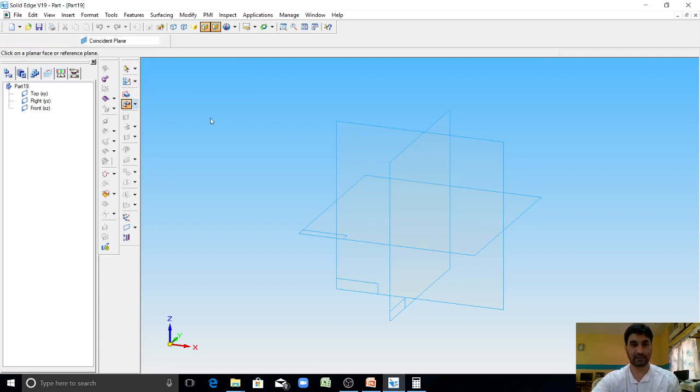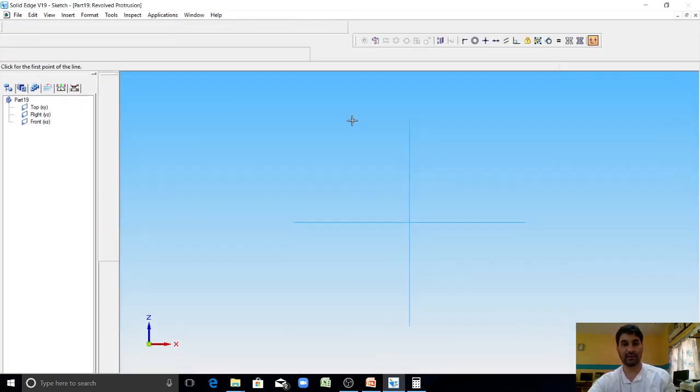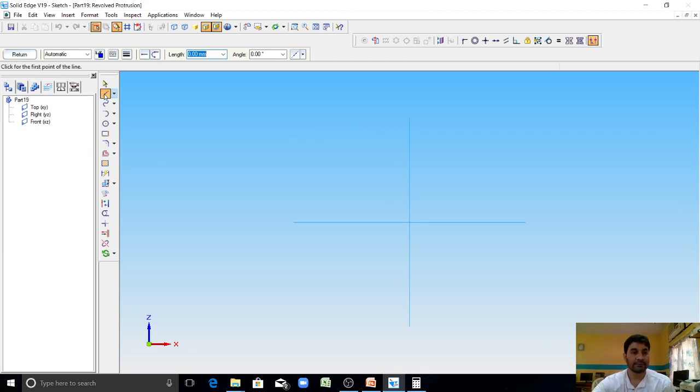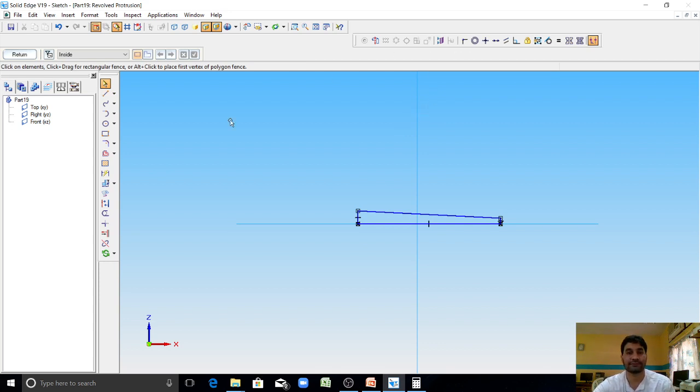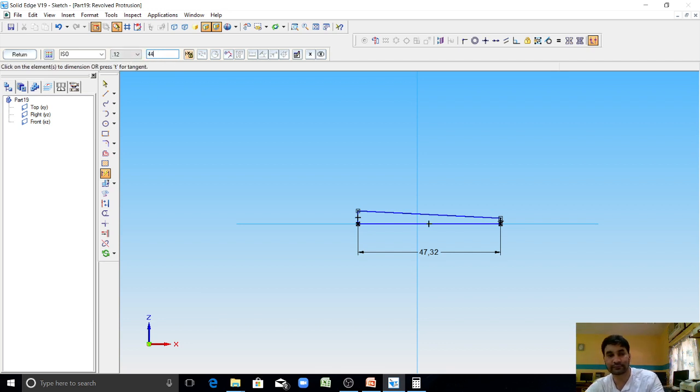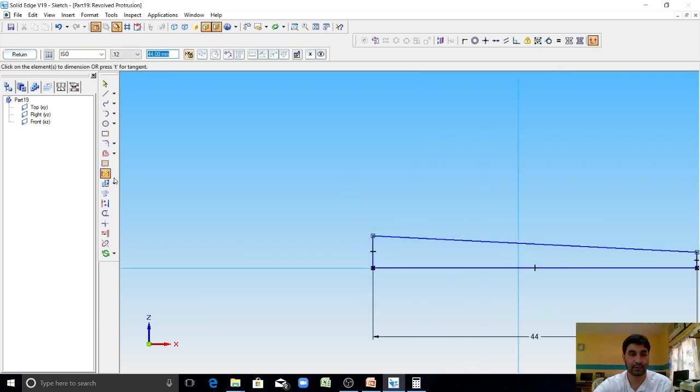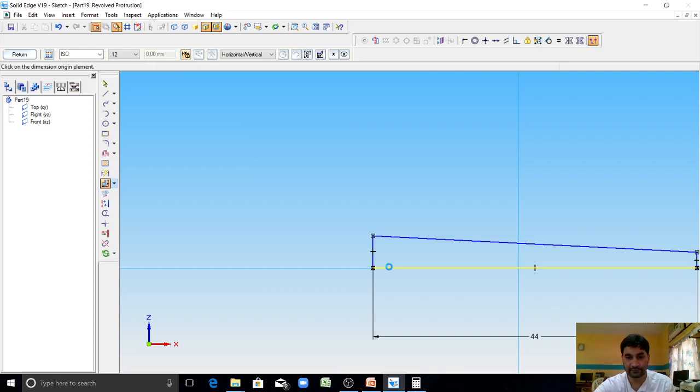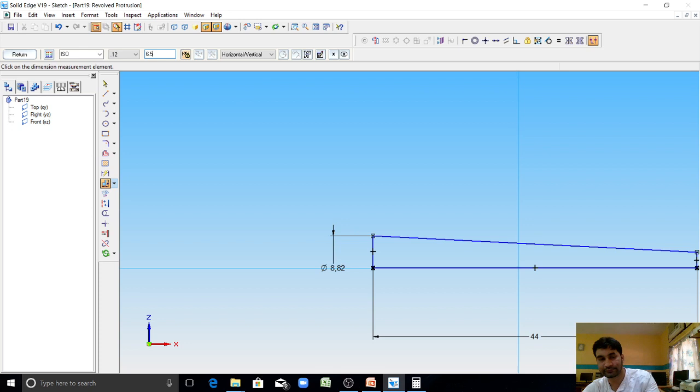So go to solid part, click on revolve protrusion, select the front plane, draw an approximate profile here like this. Length should be 44. Using symmetric diameter, you mention the diameter here. This is 6.5.